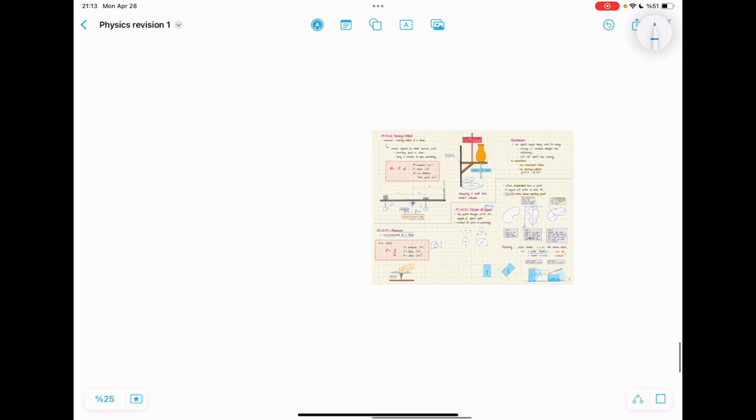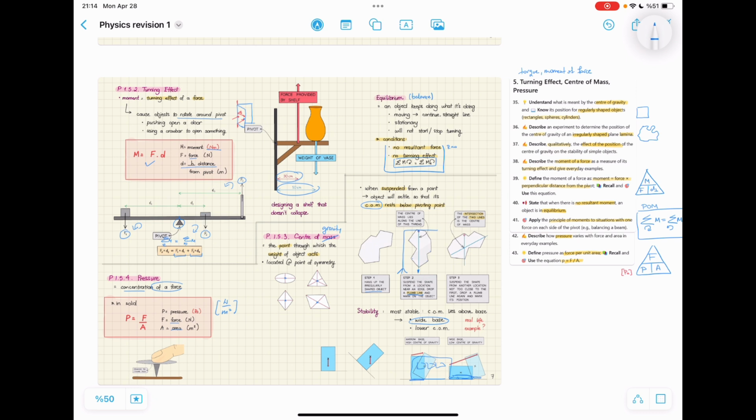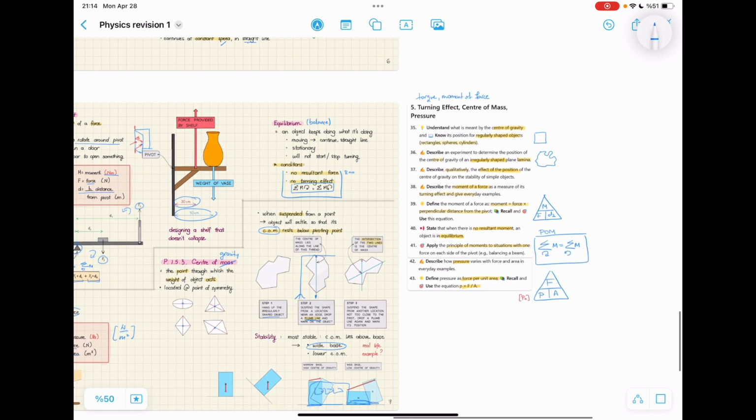So that's it for this part, the first part of the motion part. Motion is one of the trickiest parts, I would say, to revise, and you have a lot of questions from this. However, there will be other parts as well